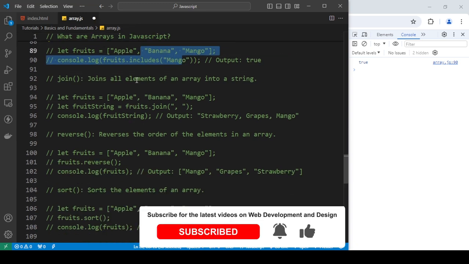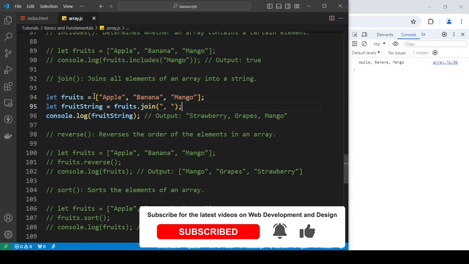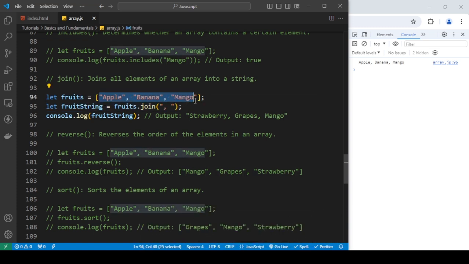Okay, so join joins all elements of an array into a string. What join is doing is saying that every element inside of this array, join that and separate them by adding a comma and a space. And as you can see, every element is joined with a comma and a space. For example, if I change this to a dot, now you can see instead of a comma, it's a dot. Okay, and I can add in anything to separate these,